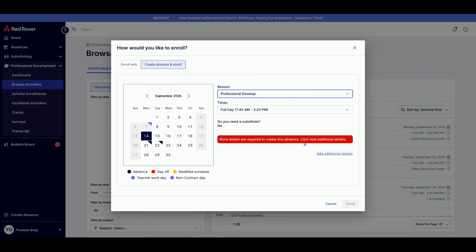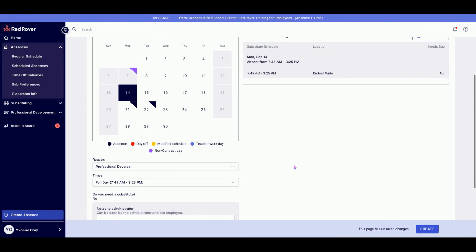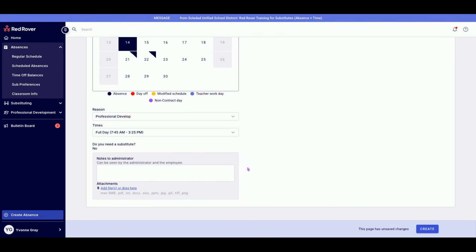Note here, more details are required, so you're going to click Add Additional Details and then scroll down, and under here you're going to say Science of Reading. Okay, and you could add a note to your administrator for them to, perhaps the reason why you would like